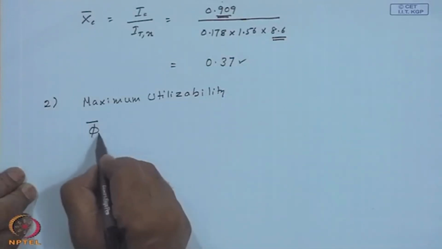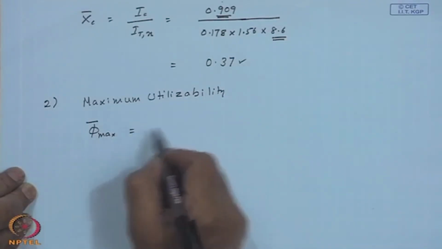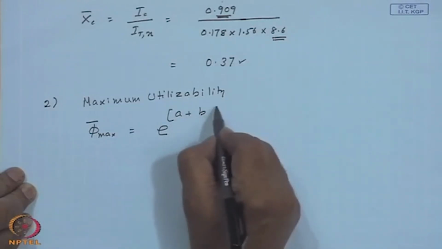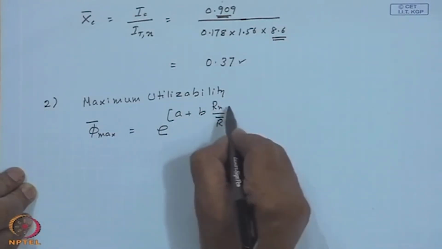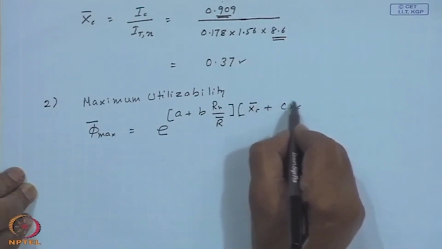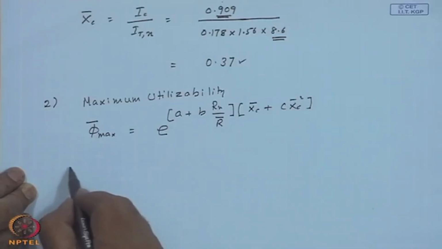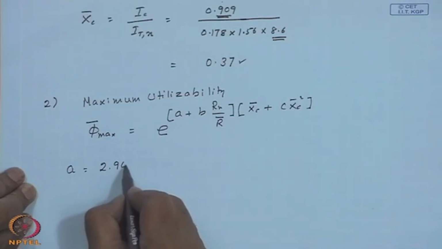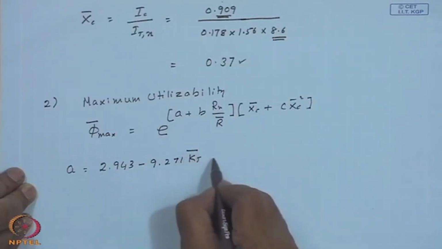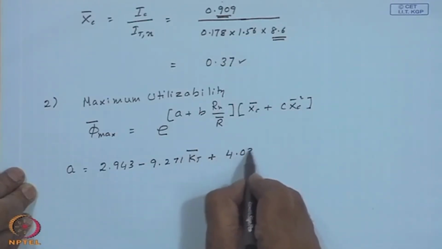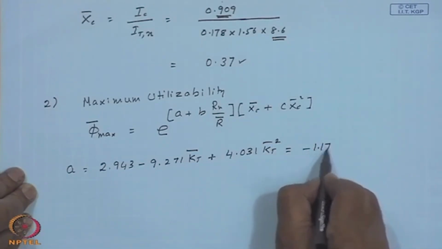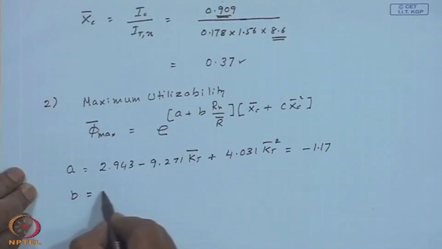That is, we want V bar max. From Klein's correlation, it is exponential to the power a plus b R n by R bar times x c bar plus c x c bar square, and the constants a is 2.943 minus 9.271 kT bar plus 4.031 kT bar square, which will come out to be minus 1.17. B will be